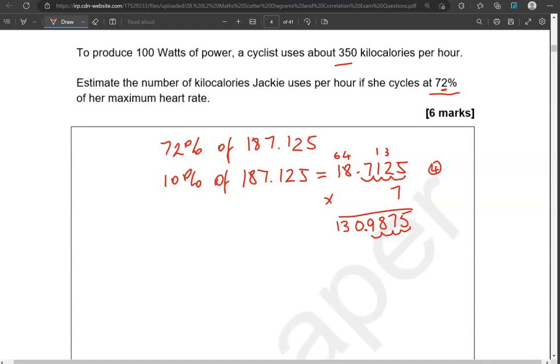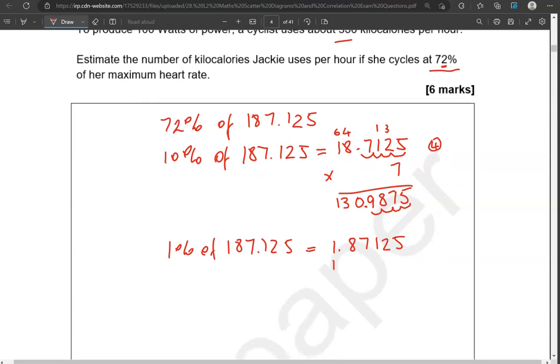So 1% of 187.125 is equal to 1.87125. So now moving the decimal point 2 places to the left to make the number 100 times smaller. 2% is going to be double that. So I'm just going to add another